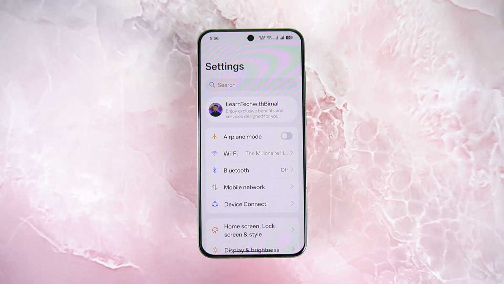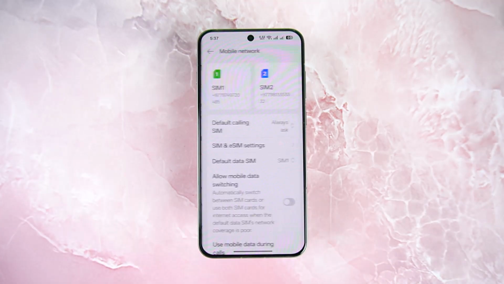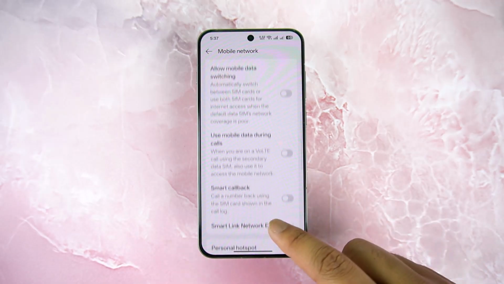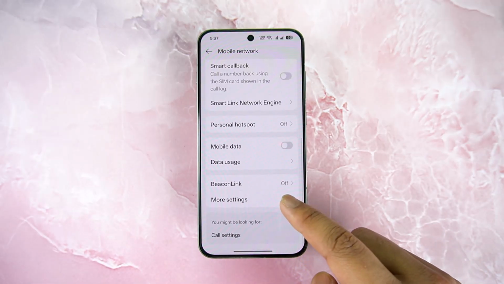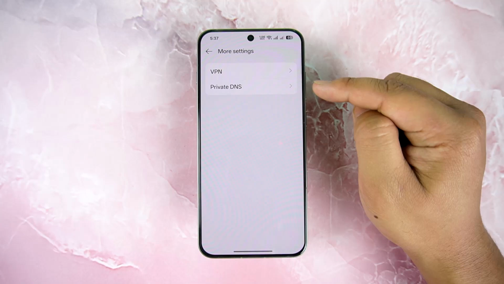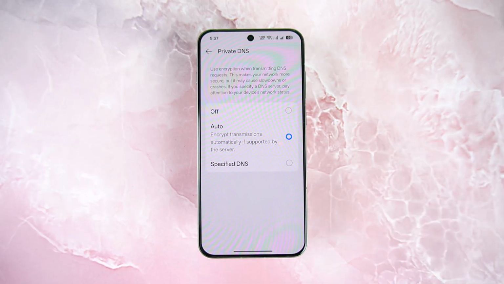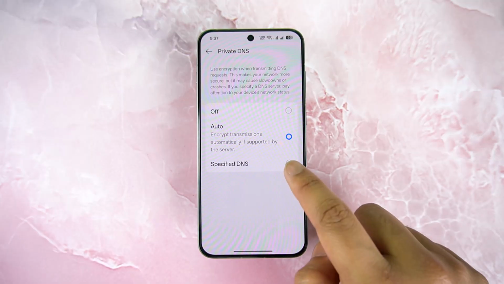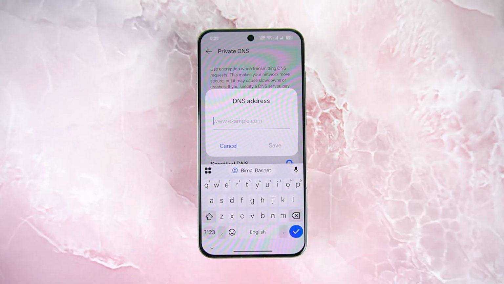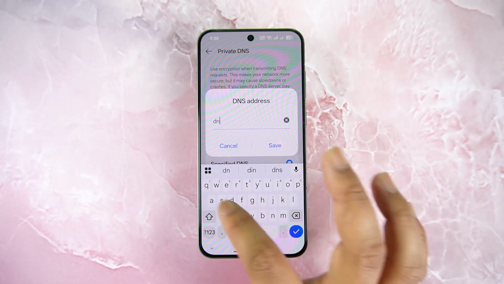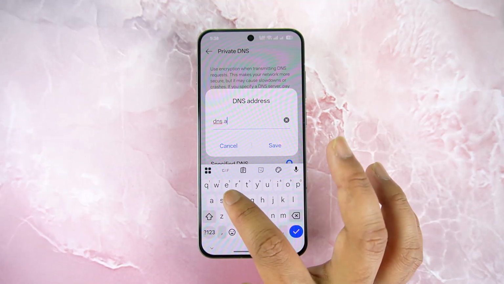to Wi-Fi settings. So after you open settings, you have to go to this option called mobile network, and under mobile network you'll find the option to use a custom DNS. So you can go to more settings and you can see private DNS. Currently it has been set to auto, but what we want to do is go to custom or specified DNS, and what you want to use in a specified or custom DNS is simply this default